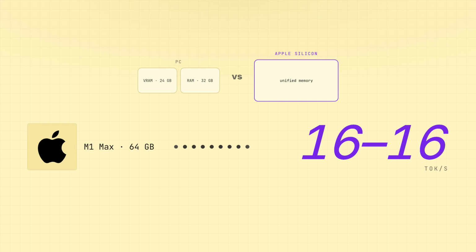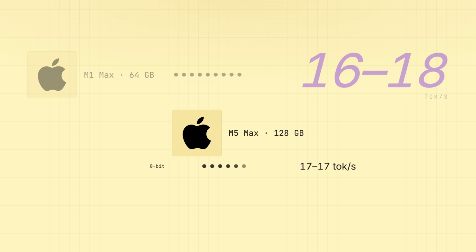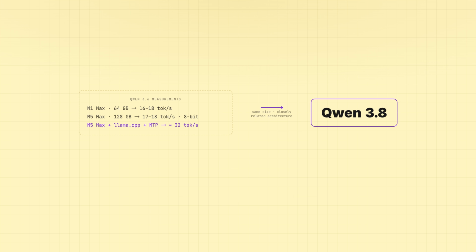Qwen 3.6 users reported around 16 to 18 output tokens per second on an M1 Max with 64GB. In another test, an M5 Max with 108GB produced around 17 to 18 tokens per second at 8-bit, and about 32 with llama.cpp plus MTP. Qwen 3.8 has the same model size and a closely related architecture, so these numbers are a useful guide, not